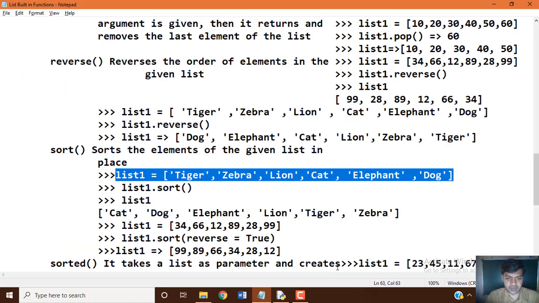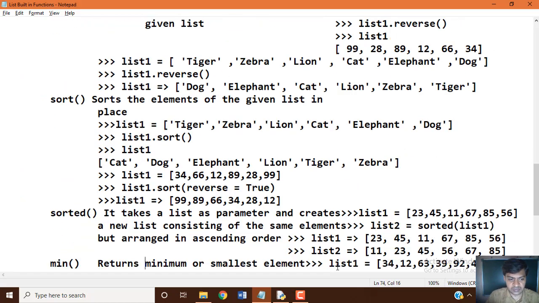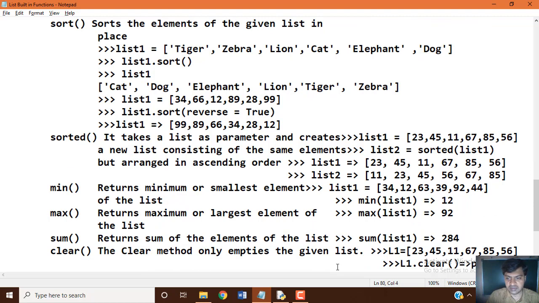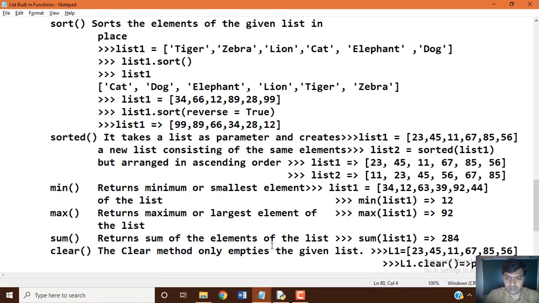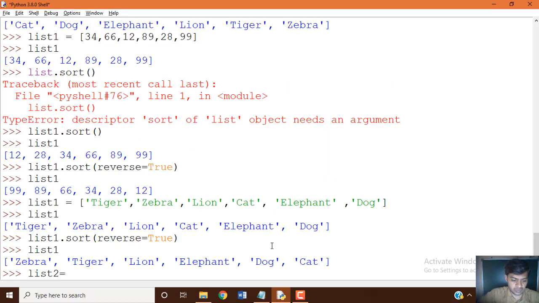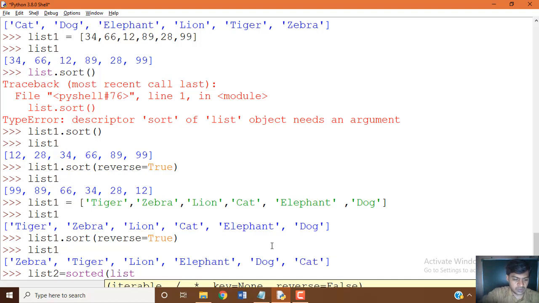Okay. Now in the same manner you can see another function, sorted. Okay, sorted, when you apply the same thing: list 2 equal to sorted of list 1.